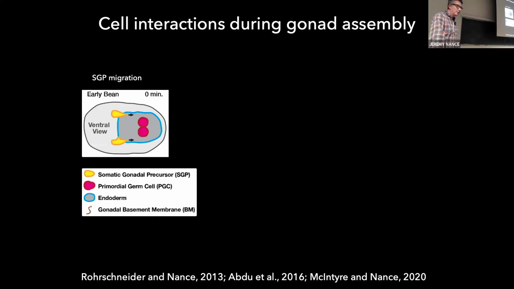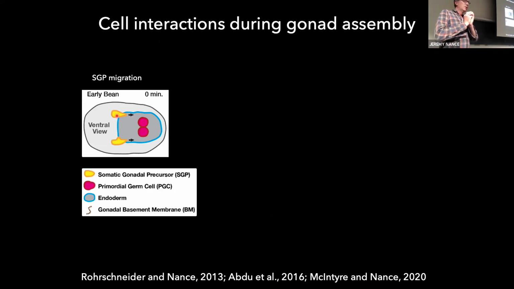Okay, so despite the simplicity of this organ, there's a lot of really, what I think is amazing cell biology that has to happen for it to come together. So the first thing that happens is the cells aren't born in the same part of the embryo. So the somatic gonad precursor cells here in yellow are born in the anterior, and they actually migrate to the